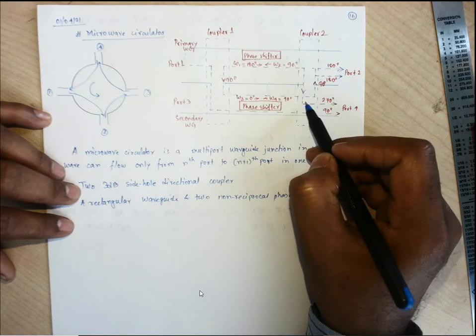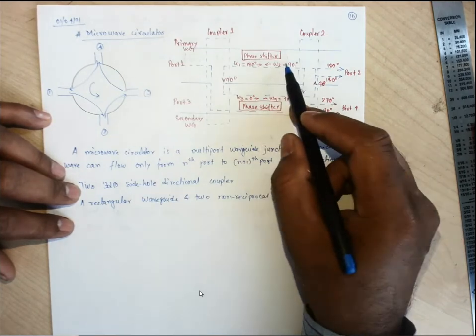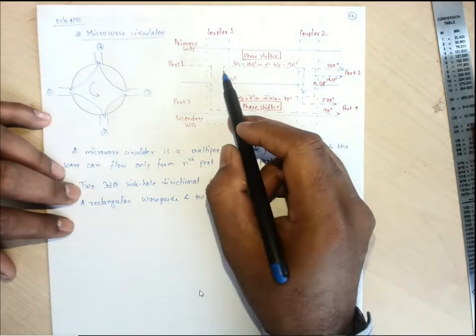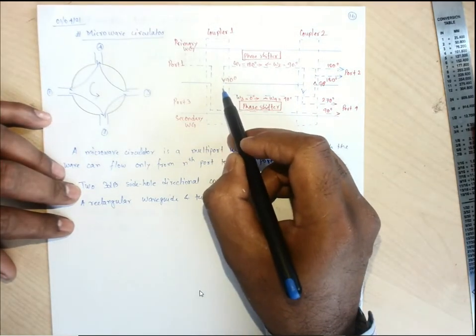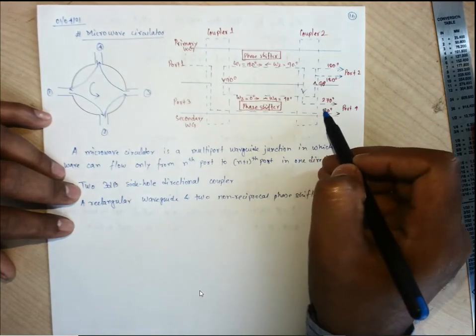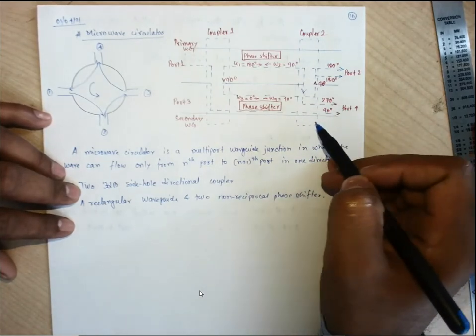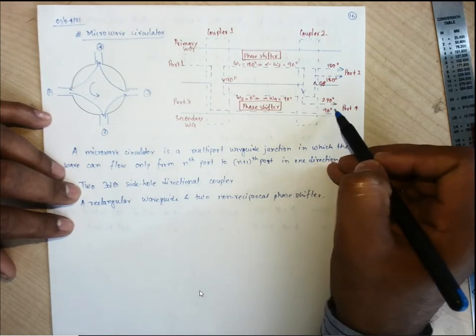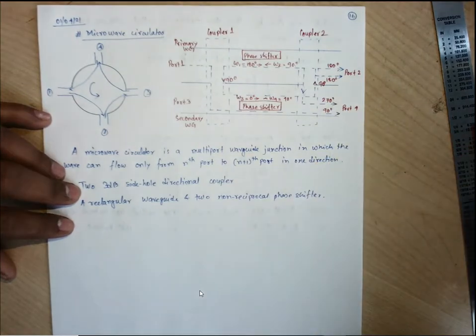But this input at coupler 2 will again have the 90 degree phase shift. So 180 plus 90, it has 270 degrees. But this signal available at the coupled port going to coupler 2, with output from the through port, will have the same 90 degree phase shift, because the through port will not have any phase shift. So two signals are available with 180 degree phase shift. So what does it mean? Opposite phase, so they will completely cancel each other.